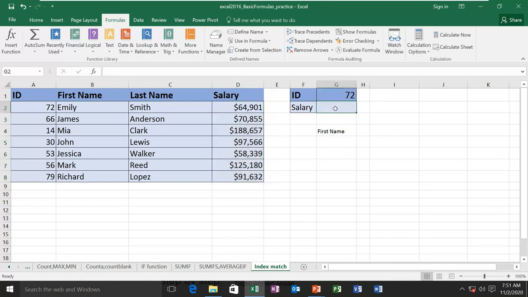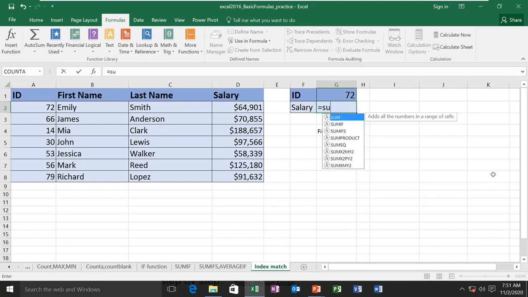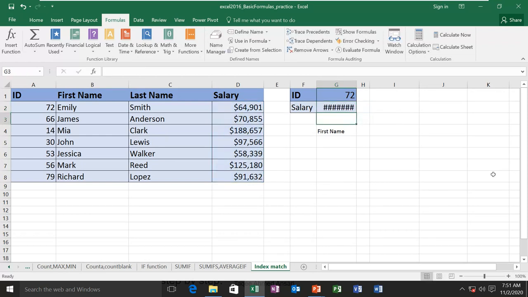Like I want to do the sum of all the salaries, so I'll use the function SUM. Now instead of mentioning the range, I will use the name which we have already defined, salary, and then I close the function and press enter, and I get the total value of the whole salary range.